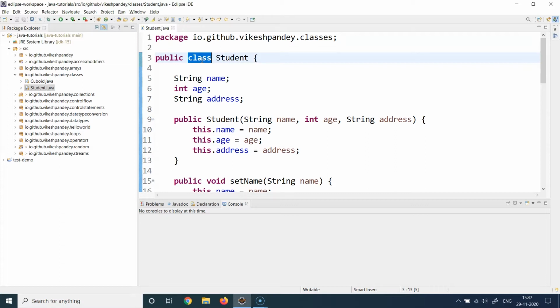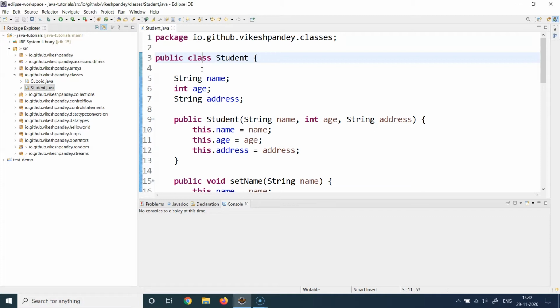Technically, if you go by the definition, a class is basically a blueprint of an object, which brings the question as what is an object? An object is basically an instance of the class. I know this becomes more confusing, so let's break it down into simpler definitions. A class is technically a logical entity. You can think of it as any entity in the world.